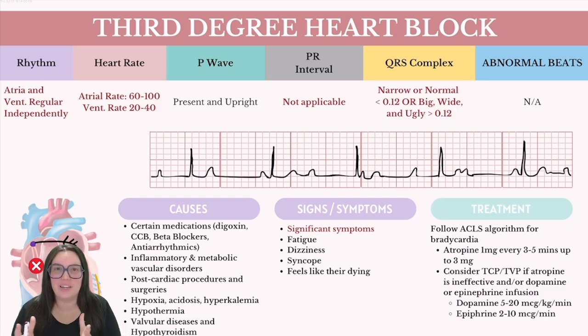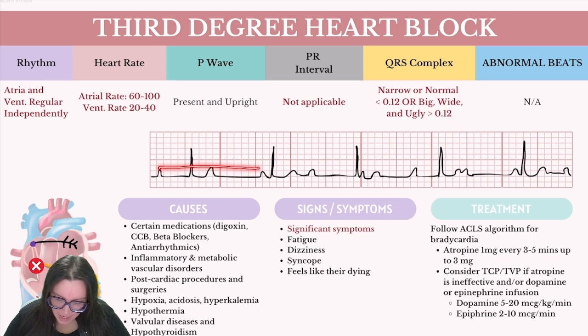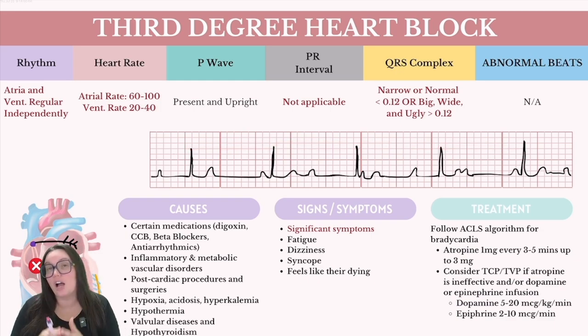So what are we looking at when it comes to rhythm identification? Well, we have the atria and the ventricles. They're going to be regular but independent of each other. If I was to measure out my atria on my strip, they're going to fall in the exact same place every single time. And our ventricles are going to do the same thing. They're also going to fall in the exact same place every single time, but they're not going to be dependent